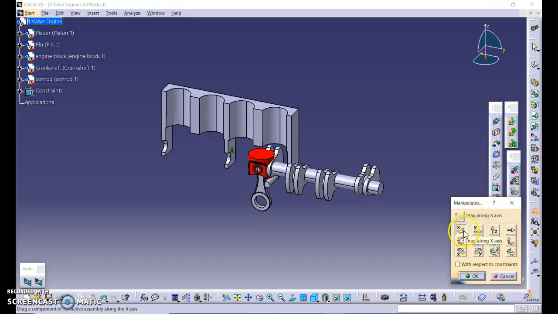So there are a few icons here: x, y and z. Dragging along this axis will move the parts, while this one is dragging along the xy plane, yz plane and xz plane, while this is dragging around the x-axis. So let's click x-axis and we move this piston, and we will move to x-axis,